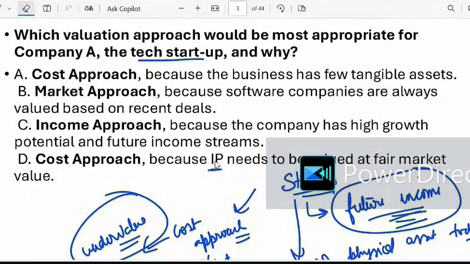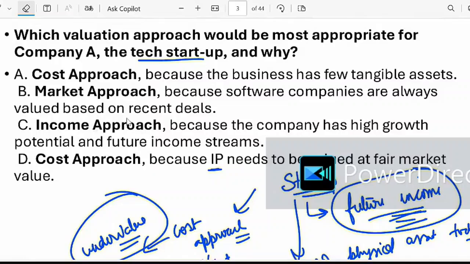So huge prospect of future income is there. That's why income approach is the most suitable approach to go for valuation, right? Cost approach is not suitable because if you use cost approach, then it will get undervalued